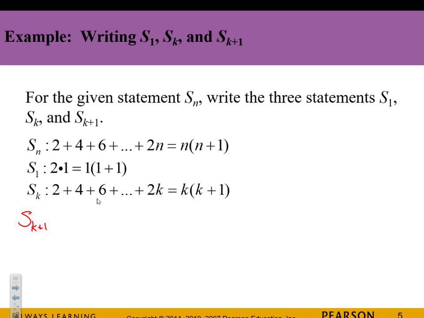Because it's right there, so you see where 2k is equal to k times k plus 1. The 2k is the actual formula of the sequence. And then k times k plus 1 is